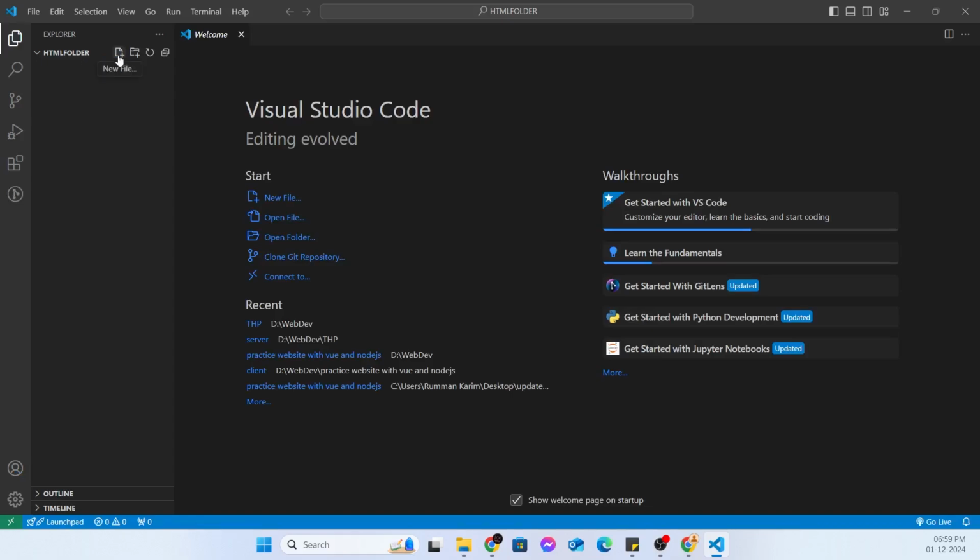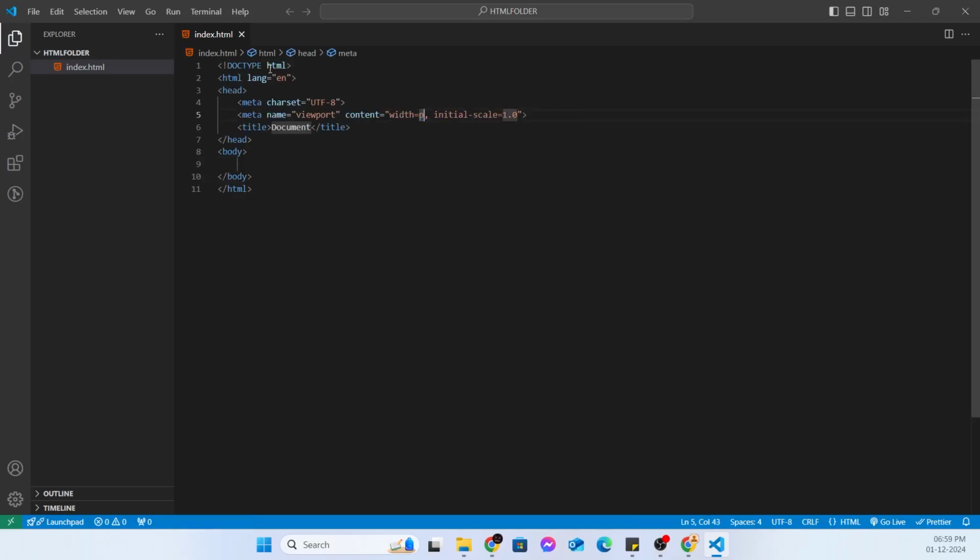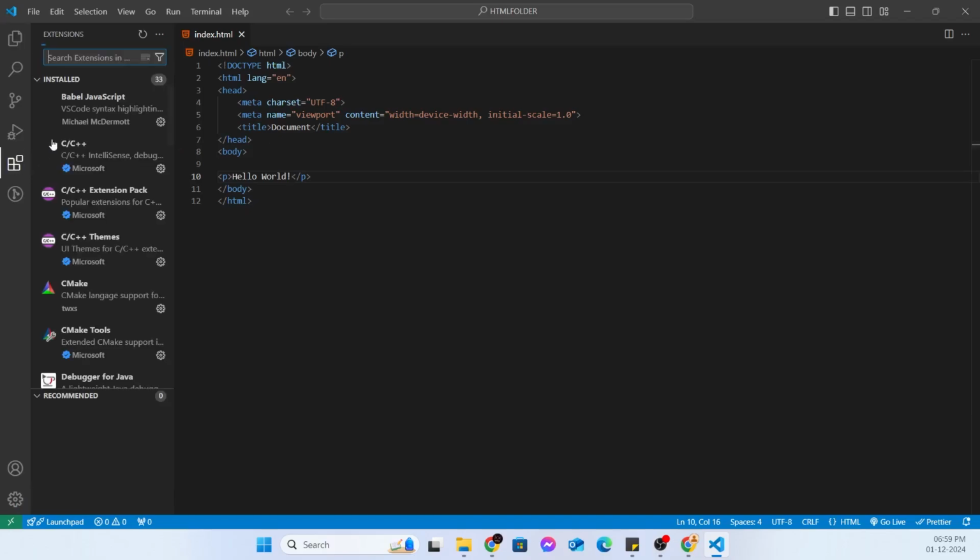Now you can just click on New File and create an index.html file, or you can just create multiple HTML files in here. Then just write your HTML code in here. I'm just gonna add a simple paragraph here, which is gonna say hello world. And now to run your HTML code, what you need to do is just go here to extensions, then